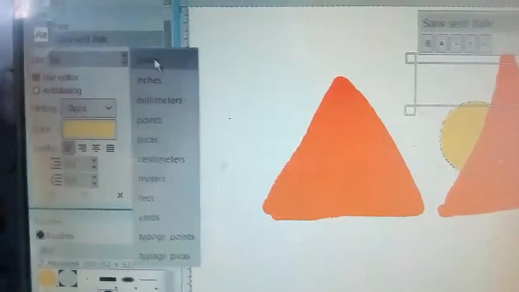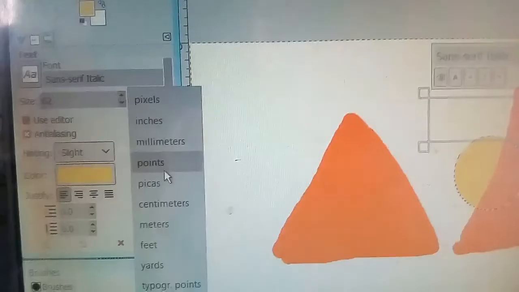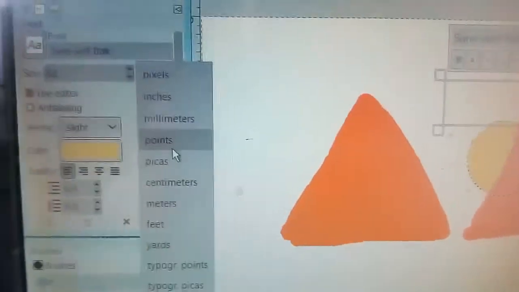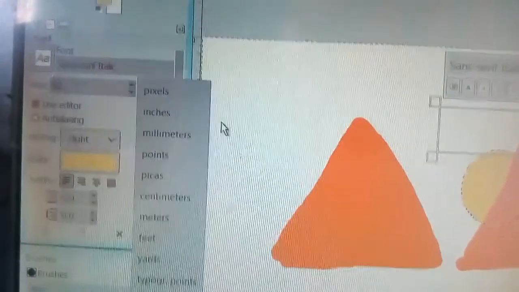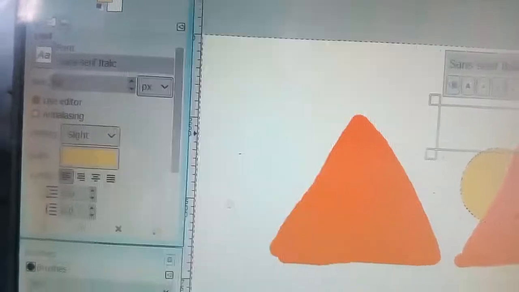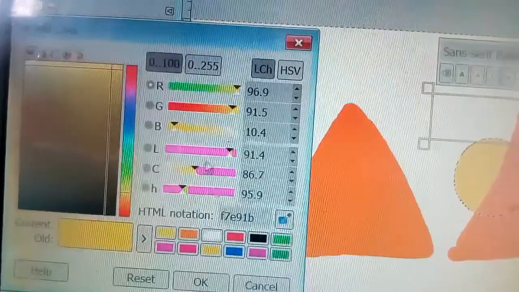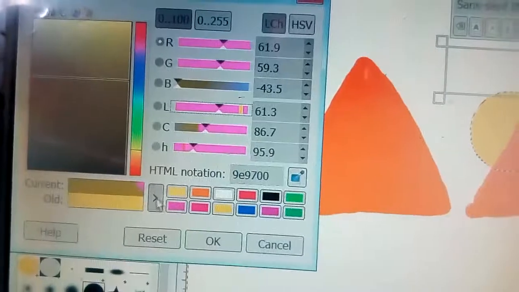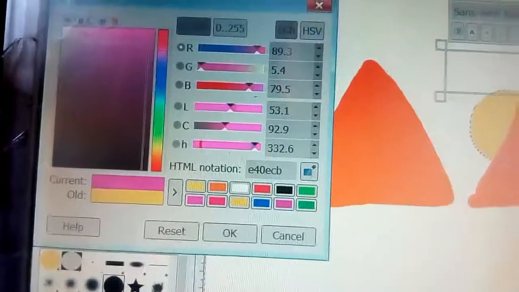Okay, here you see pixel, inches, millimeter, point. So these are the different units. So whichever unit you want, you just select that. By default it is pixel. Okay, so for size, suppose here by default it is given 62, so that is 62 pixels. Px means pixel. Okay, so color also you can change from here. Suppose I want this color. Then click that color and then click on OK.